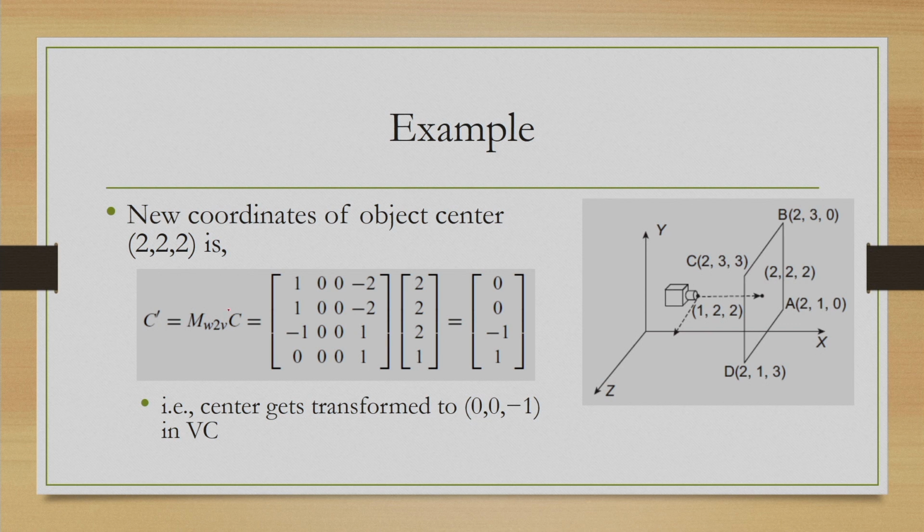Now, we have determined M, then we multiply M with the original coordinate to get the transformed coordinate, and note here that it will be in the homogeneous coordinate system, but with a homogeneous factor 1. So, we do not need to do any change. So, after multiplication what we get? We get that the coordinate of the transformed point is 0, 0, minus 1 in the view coordinate system. So, that is our transformed point in the view coordinate system.